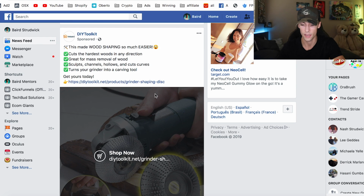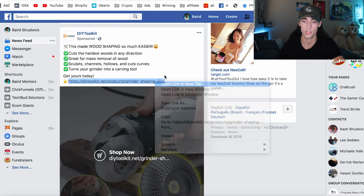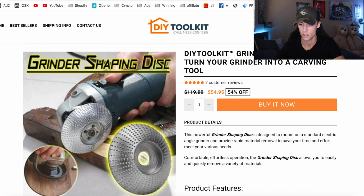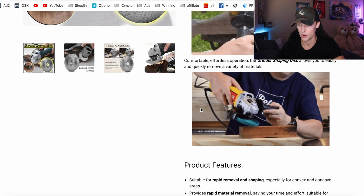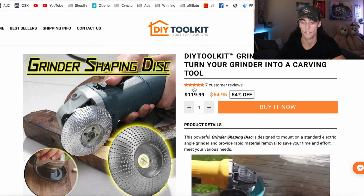I'd go over here, and this is basically a wood shaping kit. So look how they're selling it on their site. All right, so they've got a lot of cool gifts in the images or in the descriptions, and it's a very simple site. All right, so after I found the product, I would go over to AliExpress,